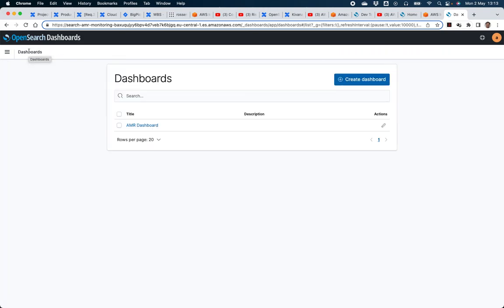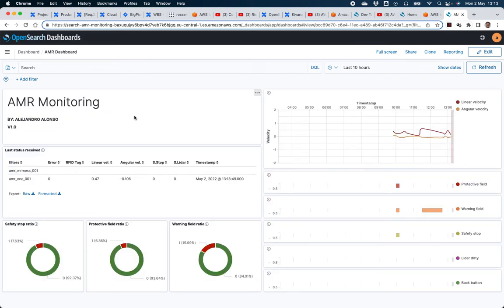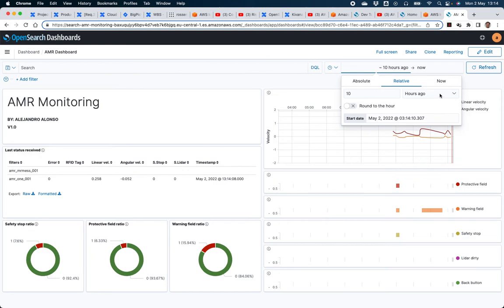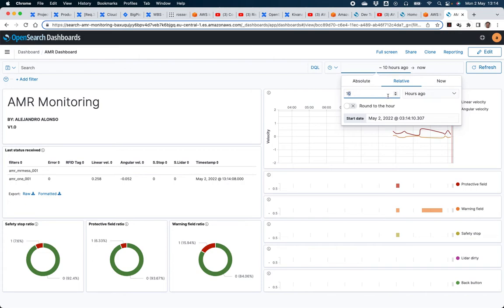Okay, after having shown you all this, the last part of this video is my dashboard. My dashboard has all these different visualizations in just one page. Okay, so just to explain, let me change this one, for example, put something like, instead of 10 hours ago, just, I don't know, 1 hour maybe, till now,